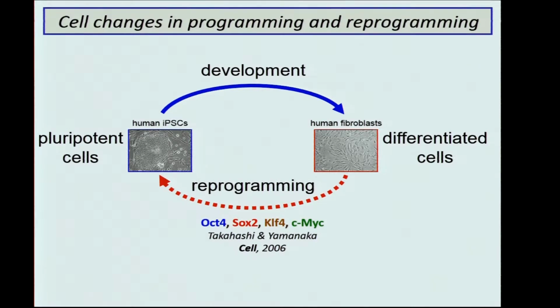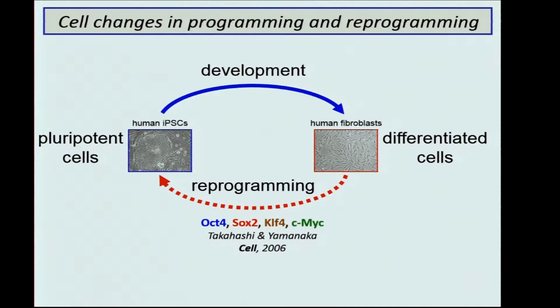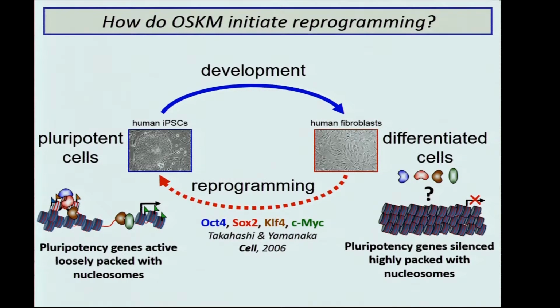But unlike this developmental process, iPS reprogramming goes in the opposite direction and is mediated by the 4 transcription factors. It is highly inefficient and also very unpredictable. Only a fraction of a percent of the cells that you start with end up going to pluripotency. So in order to both improve the efficiency and understand the mechanism by which these factors drive cells in the other direction, we're interested in how they initiate it to begin with.